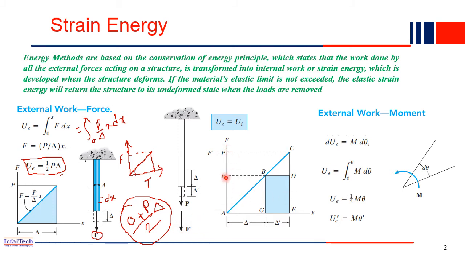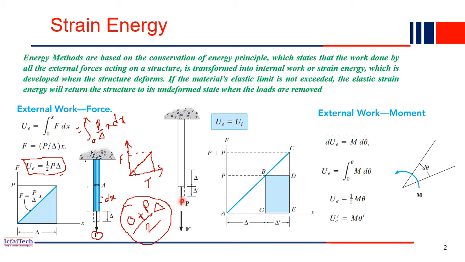So for that we draw this P delta diagram. P is a force and delta is a deflection, right? In the P delta diagram, up to this portion, if you recall, this was the original beam when P is applied and delta was the deflection. Then this entire work done is nothing but the area under the P delta diagram. So area of this triangle is how much? Half into base into height. Base is delta and height is P. So the external energy UE is equal to half into P into delta, meaning the area under this triangle, half into base into height. Like so, if you draw the P delta diagram, from this diagram we can calculate how much external energy is applied to a structure.